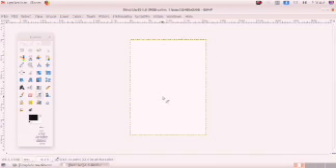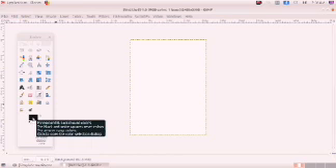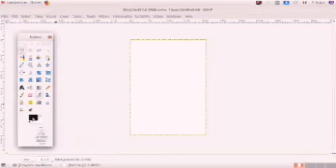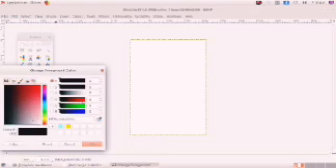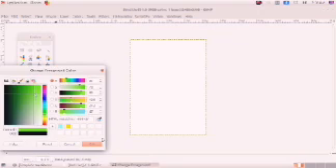So firstly let us apply background color. For that, click on the foreground background tool and select two colors. Click on foreground, then select one color, then click and arrange it. Okay. Then for background I am selecting another color.